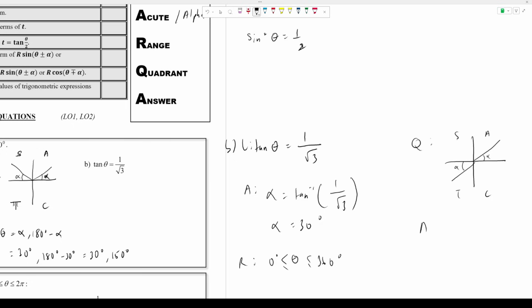Okay, so now your answer, theta is, okay, untuk first quadrant, kamu ambil alpha terus, you already know. First quadrant akan ada pada alpha. Okay, so dekat third quadrant, kamu tahu this is 180 degrees kan? And your answer must be between positive axis sampai sini. Which means 180 plus alpha lah. 180 degrees plus alpha. Okay, so your answer will be 30 degrees alpha and 210 degrees. Okay, so these two angles akan bagilah jawapan, will give you the answer 1/3 kalau kamu masukkan dalam